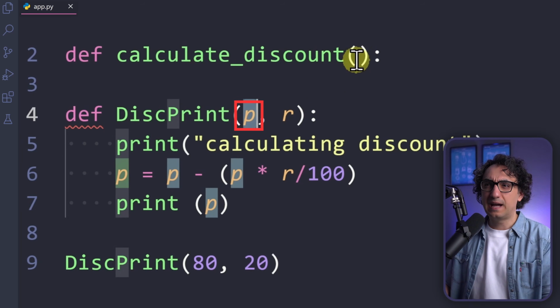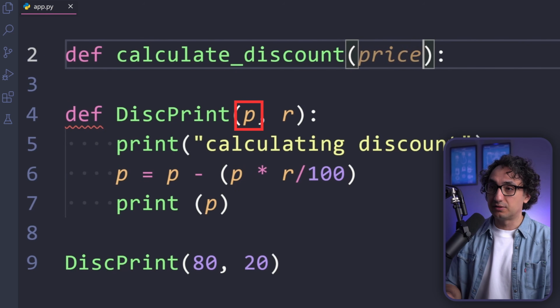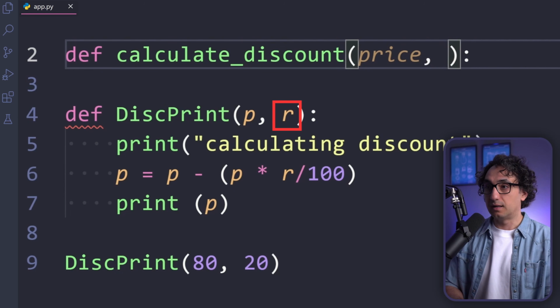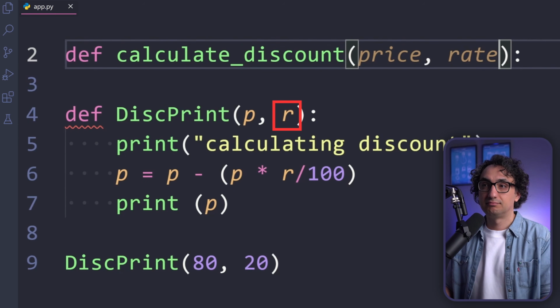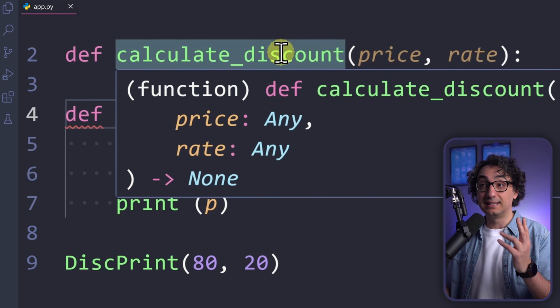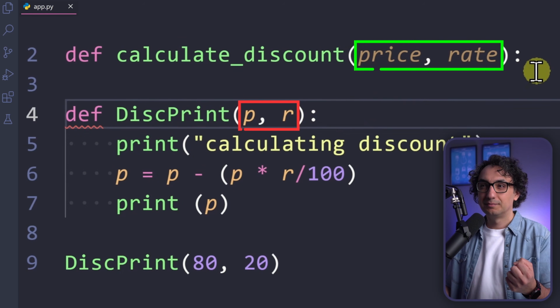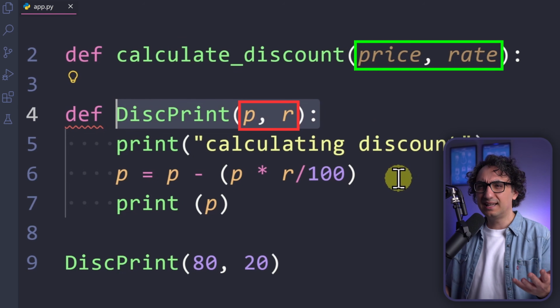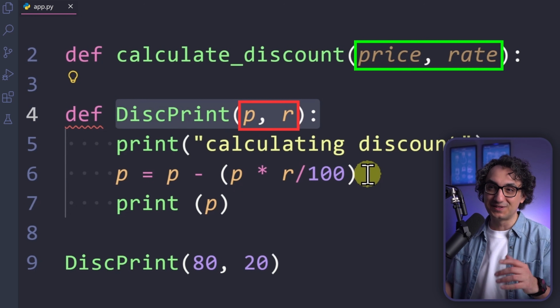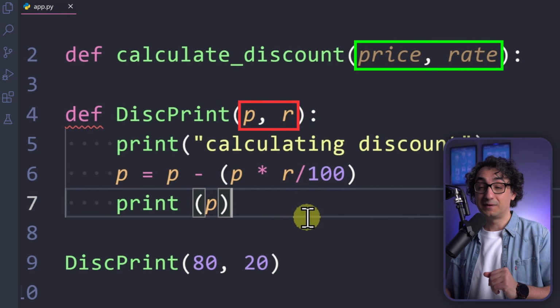So now instead of having P, we're gonna say price. As well, of course, everything lowercase. And instead of R, we're gonna say rates. By just renaming, everything is clear. Calculating the discount, gonna need the price and the rates. But now if you read this, you can ask yourself, what is P? What is R? I need some catalog to understand how this works. Alright, moving on to another thing.